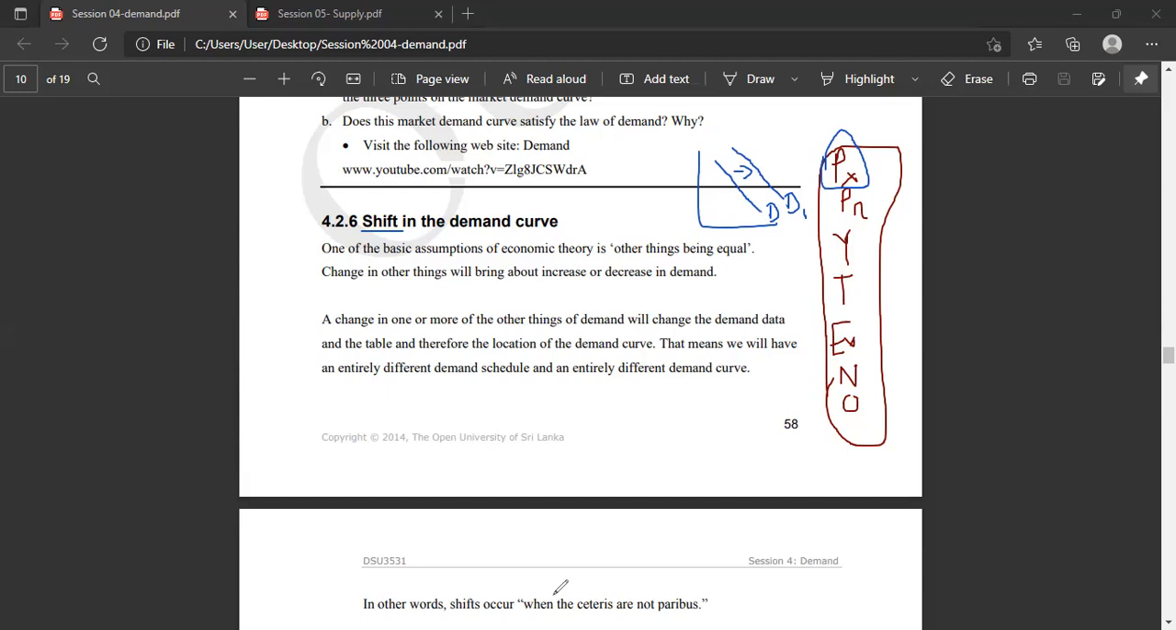Therefore, wherever you see that a demand curve has been shifted to the right or left, you must know that it is not because of the price of the same product. If you come across that demand curve